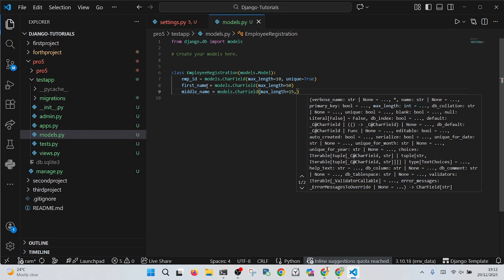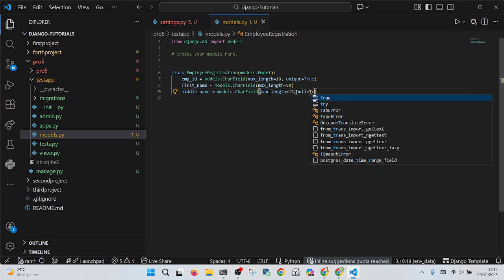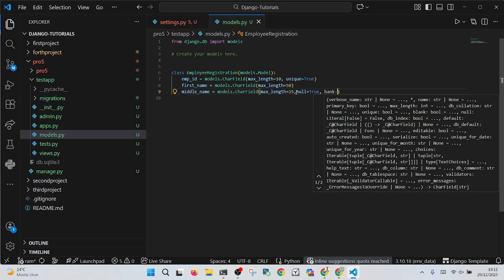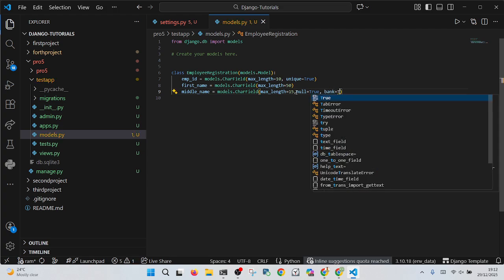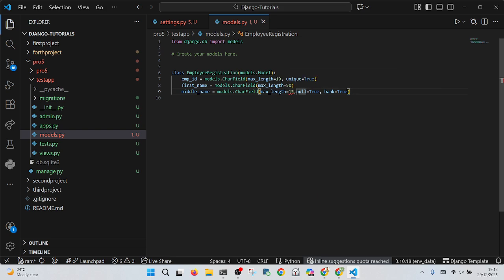Okay, see, by default, guys, all the columns are mandatory, guys. So I will put this as optional. So null is equal to true comma blank is equal to true. Okay, guys, null is equal to true means, guys,